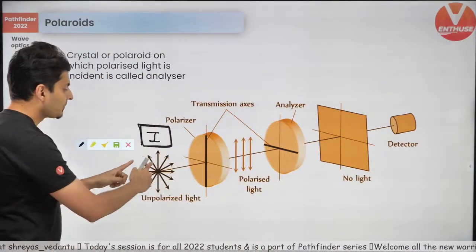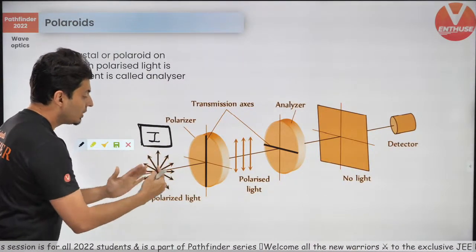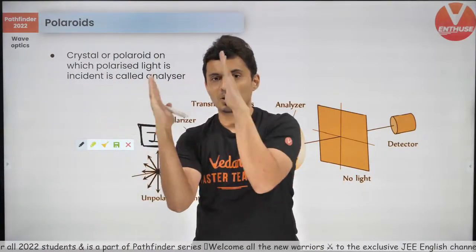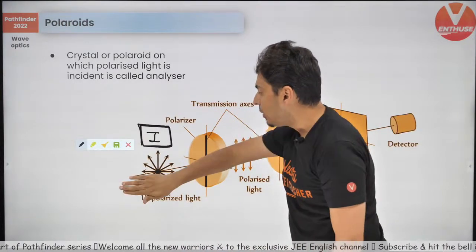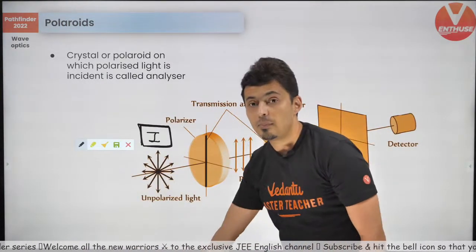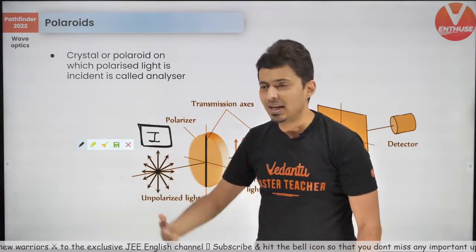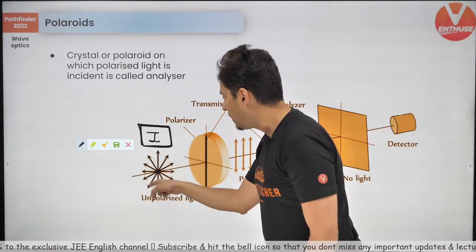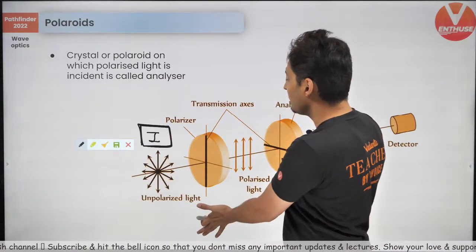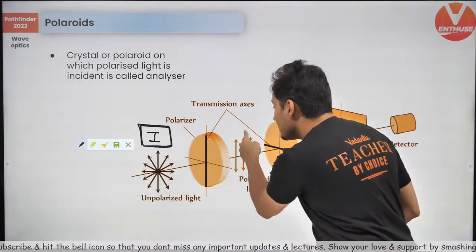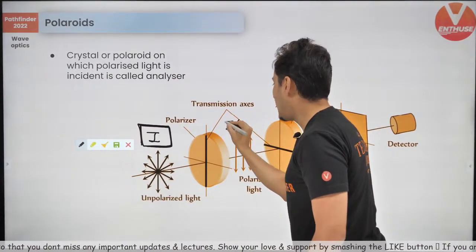Because think about it, each polarization plane has two components, x component and y component. This polarizer completely obstructs one of the components and completely allows the other. Each of these planes of oscillation has two components. One of them gets cut off, only one comes out. Hence, the intensity of the light which comes out of this polarizer is basically I by 2.